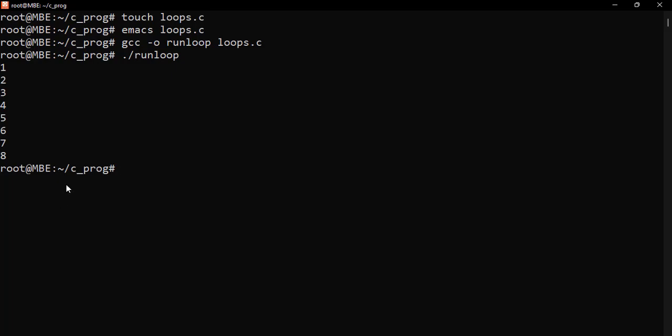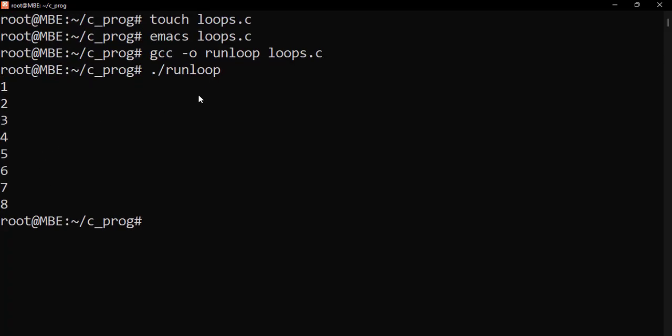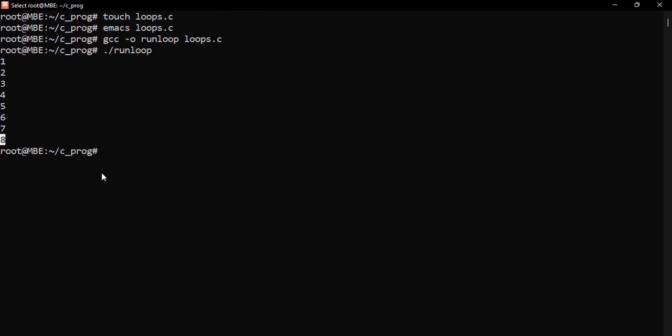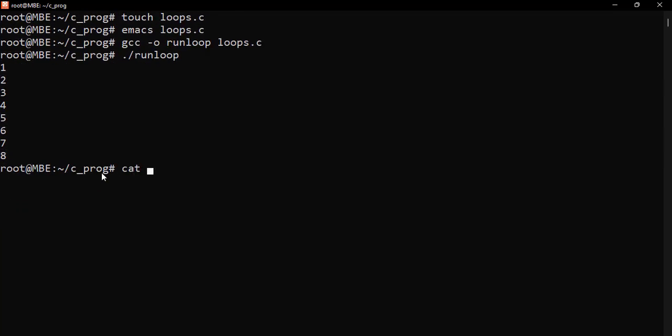And guys, this is the output. So the loop started running with 1. And when it realized that 1 was less than 8, it evaluated the loop again and got 2. Realized that it was less than 8, it evaluated again and got 3, and went through the same process until it hit the value 8. Remember, in our loop we said